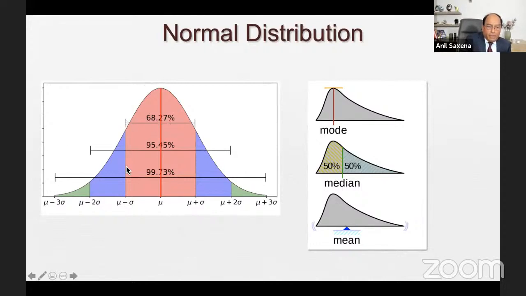68.28% will be represented by mean plus minus one standard deviation. Okay, so if we take the value mean plus minus one standard deviation, that will cover 68.27% of the population. If you take mean plus minus 2 standard deviations, that will cover 95%, or 95.45 to be exact, of the population. And if we take 3 standard deviations, that will cover 99.73% of the population. And this is a very important part of understanding